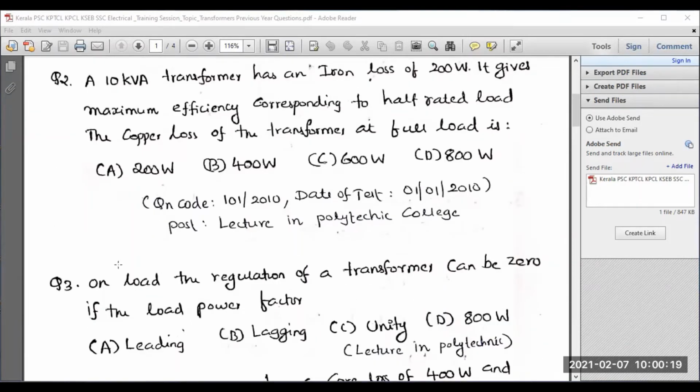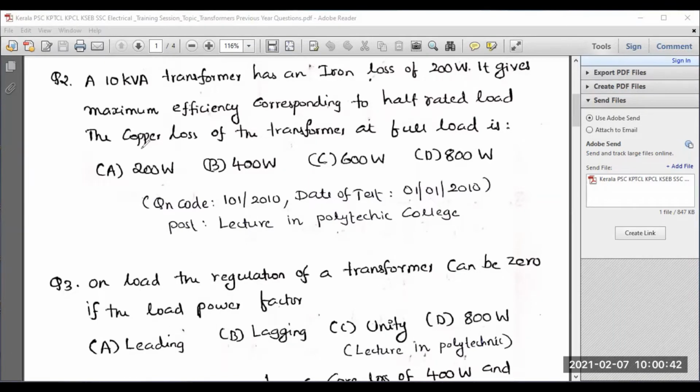Let me move on to question number 3. On load, the regulation of a transformer can be 0 if the load power factor is: leading, lagging, unity, and one more option, which is unnecessary. Option D you can directly ignore. Among the other three, which is the right answer? Let us come back to the point. On load regulation of a transformer can be 0 if the load power factor is...